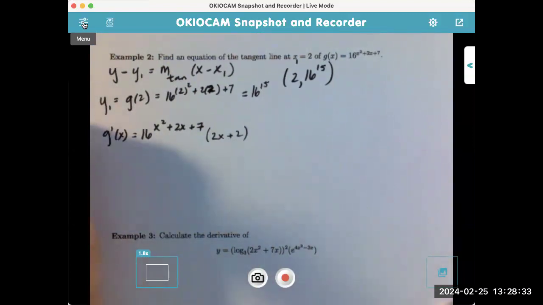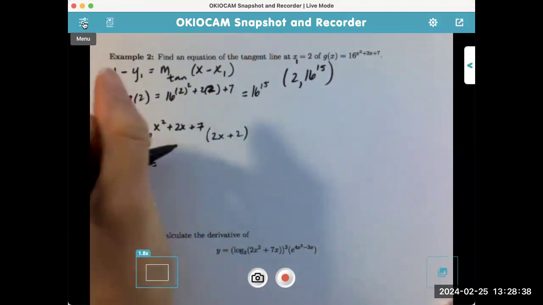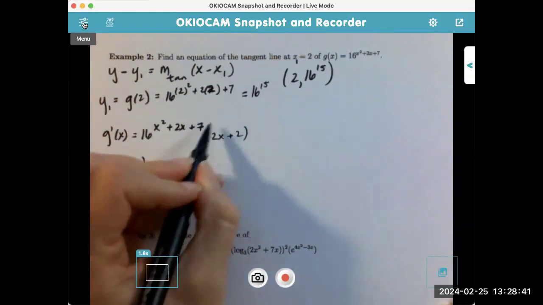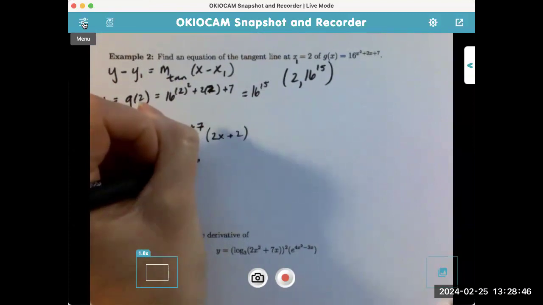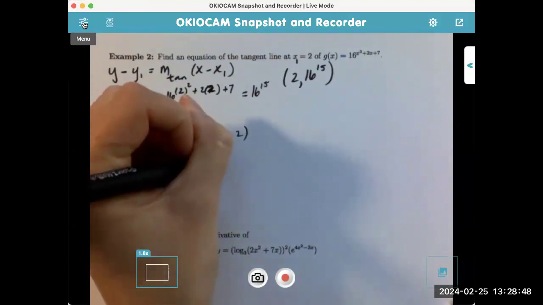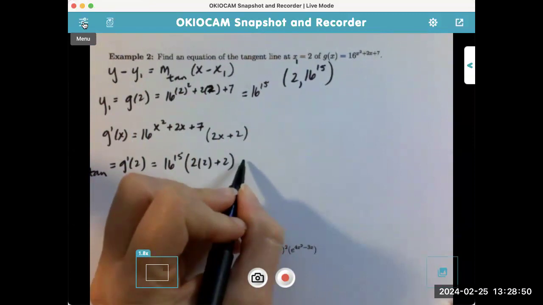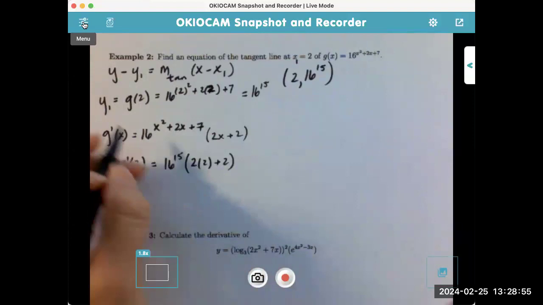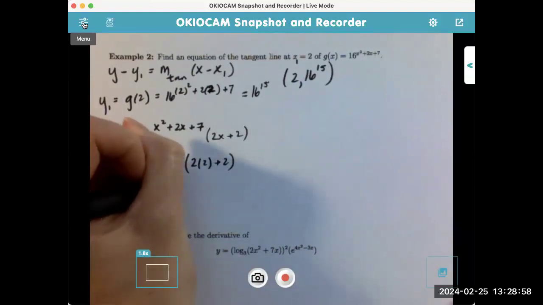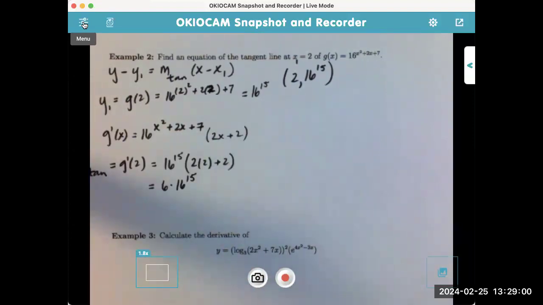Now we need the slope of the tangent line, which is g prime of 2, which we already know, copy paste, that this is 16^15 times 2 times 2 plus 2. 2 times 2 is 4 plus 2 is 6. So this is 6 times 16 to the 15th. Okay. All right. So now for our equation,